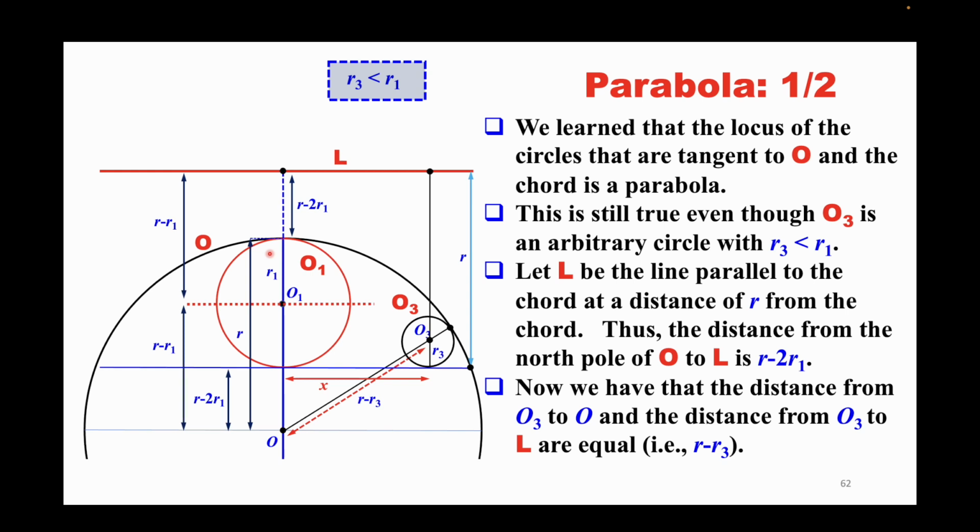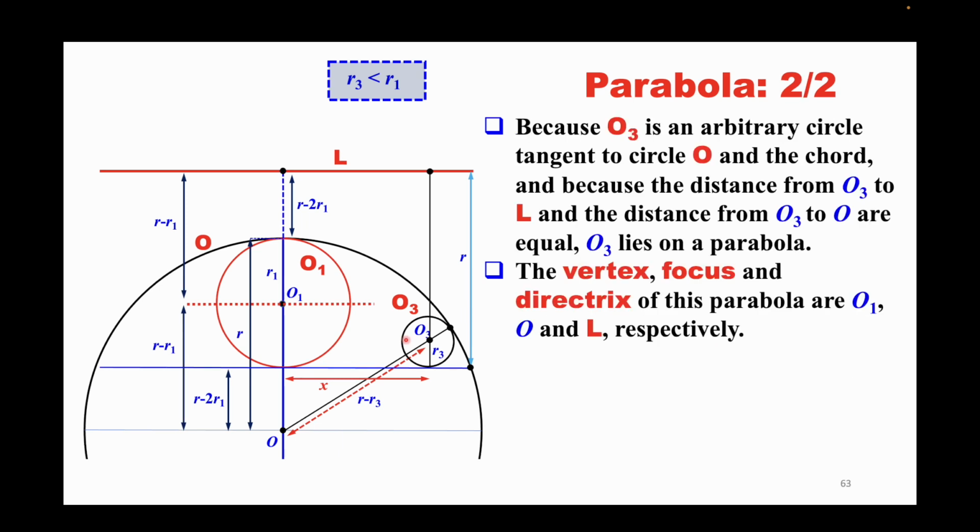Therefore, the distance from the North Pole to L is R minus 2R1. Now we have that the distance from O3 to O and the distance from O3 to L are equal. Both are equal to R minus R3, because O3 is an arbitrary circle tangent to circle A and the core. And because the distance of O3 to L and the distance from O3 to O are equal, O3 lies on